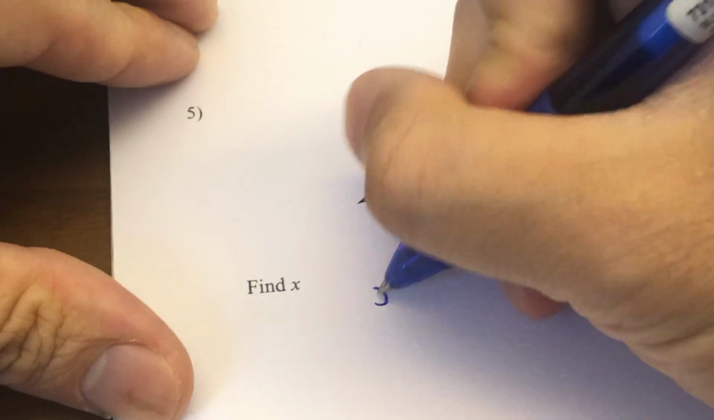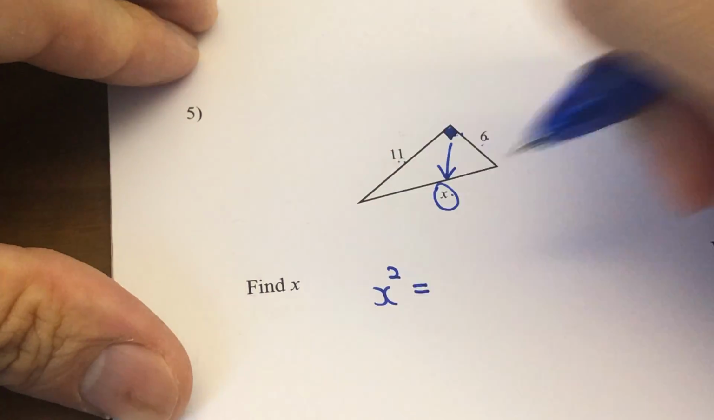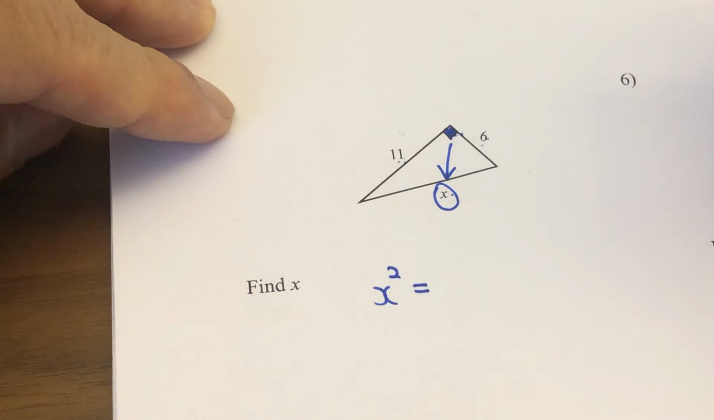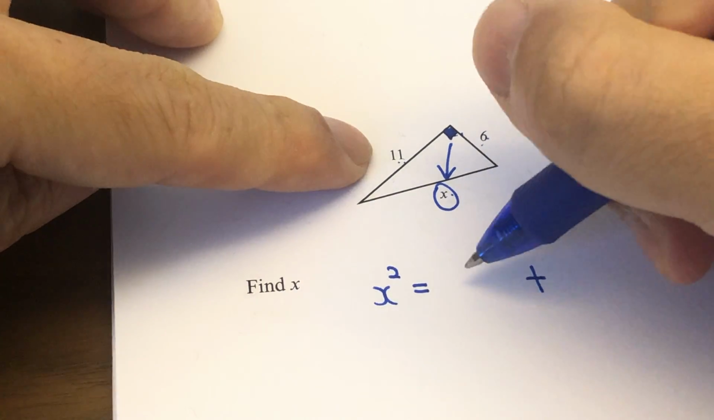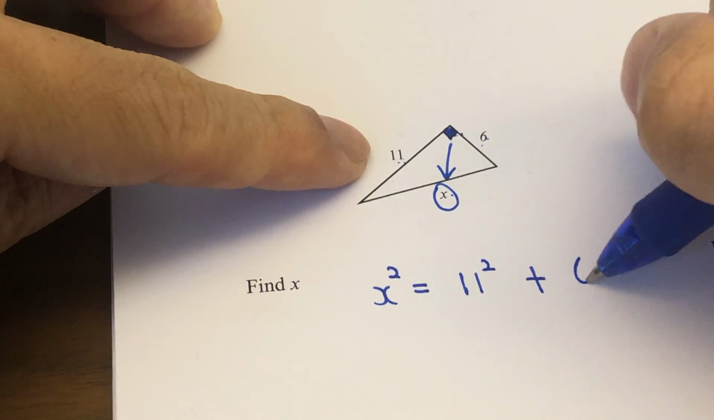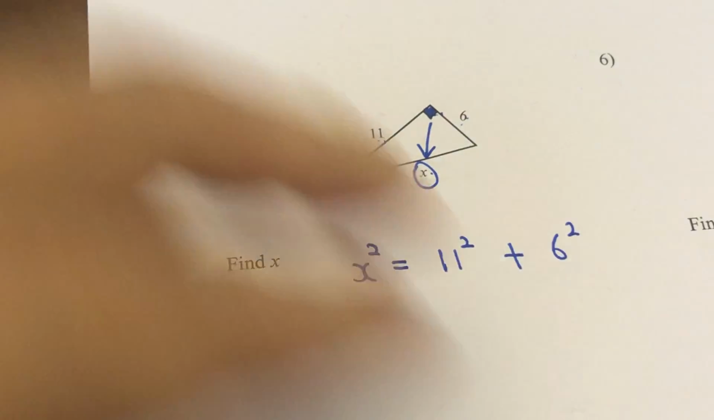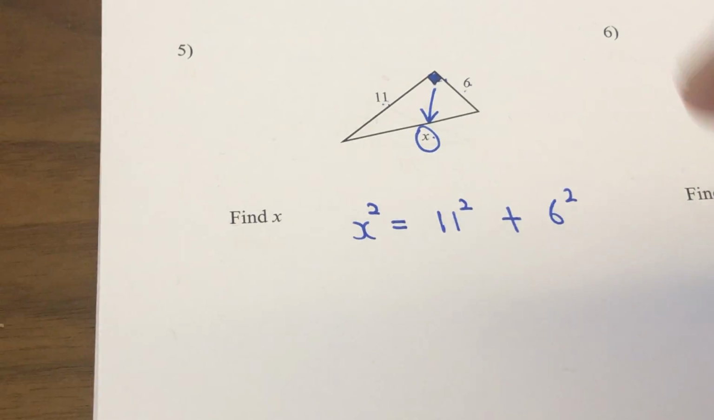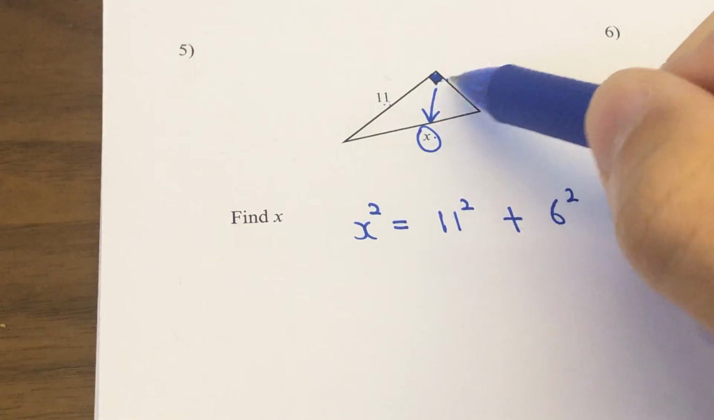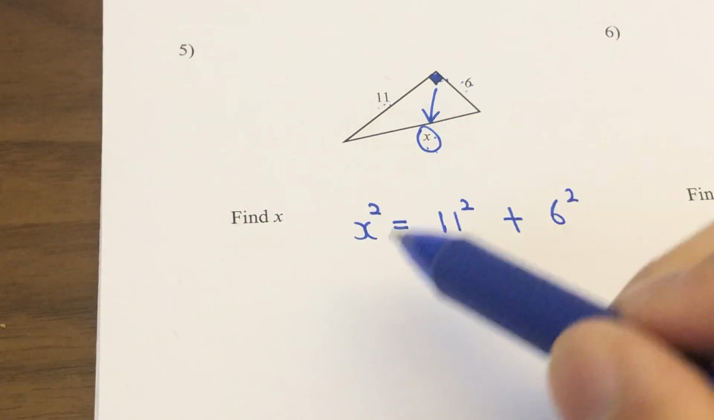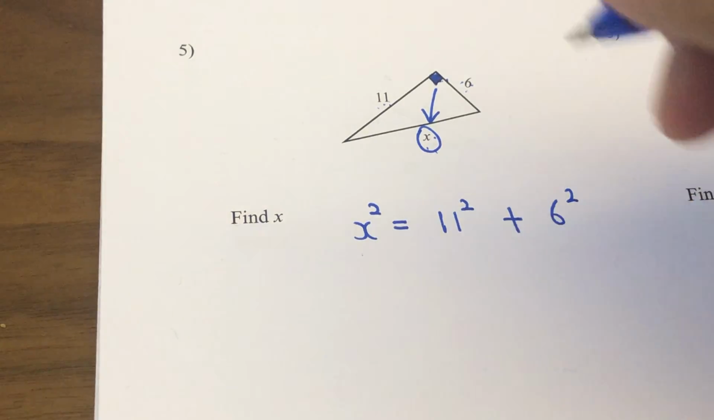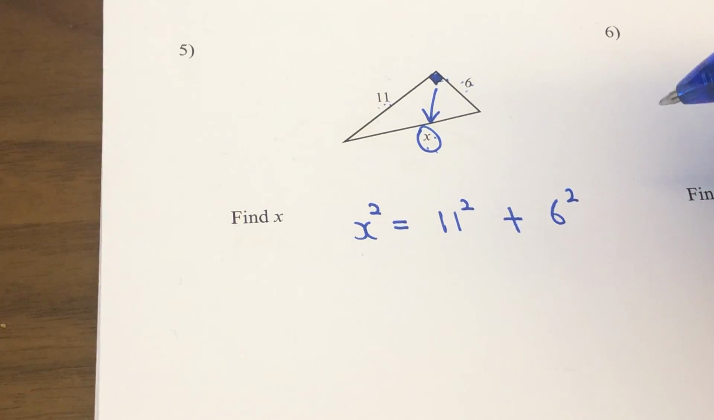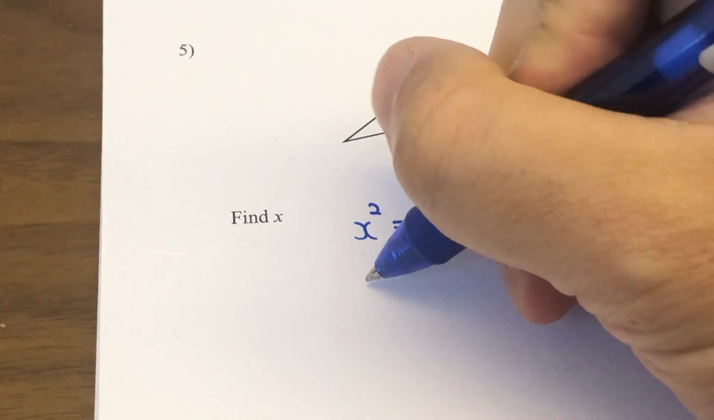Therefore, you should start from x. x squared. The hypotenuse squared is equal to the sum of the legs squared. 11 squared and 6 squared. Okay? First of all, write down the relationship of the three sides by using Pythagoras theorem. And then continue the calculation. First of all,